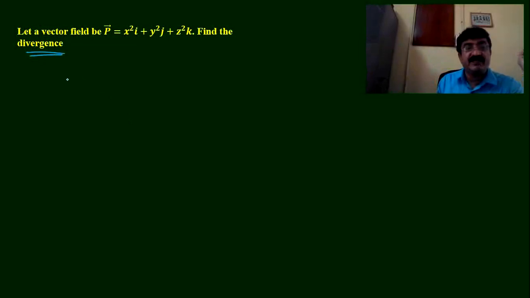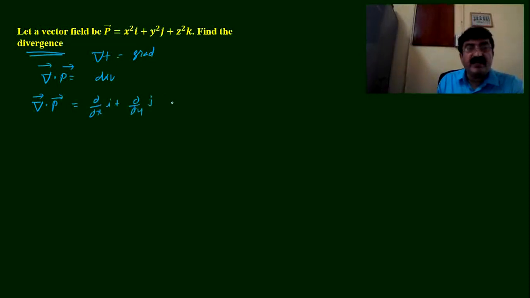Now it is divergence. If del f is gradient, then del dot P is divergence. That means we have to find the dot product. Okay, let us start. Del dot P equals (dou by dou x)i plus (dou by dou y)j plus (dou by dou z)k, multiplied by, now it is not normal multiplication, dot product, x square i plus y square j plus